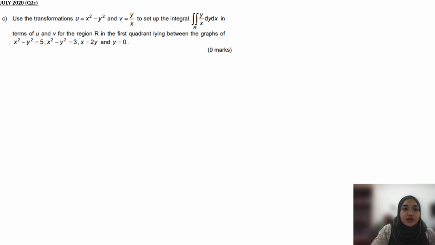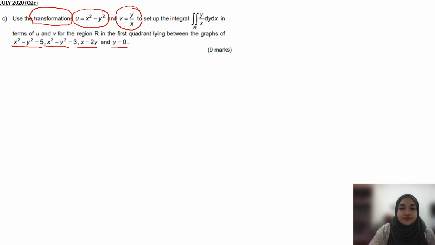Okay, this one is from July 2020. So use transformation. If the question asks for transformation, meaning that it's for Jacobian. So U is already here, V is already here. No need to find. This is our integral in terms of U and V, region R for the first quadrant lying between the graphs. Okay, so this one we have x squared minus y squared equals 5 and 3, and then this one and this one. So what you need to do, since you already find U and V,